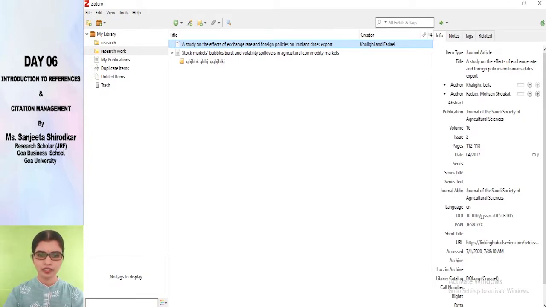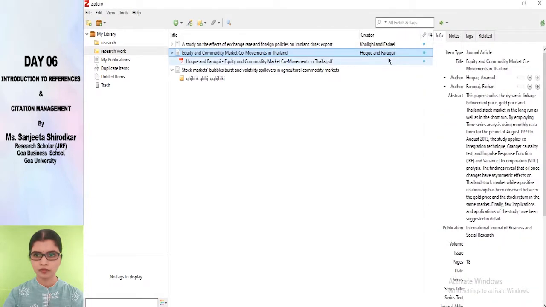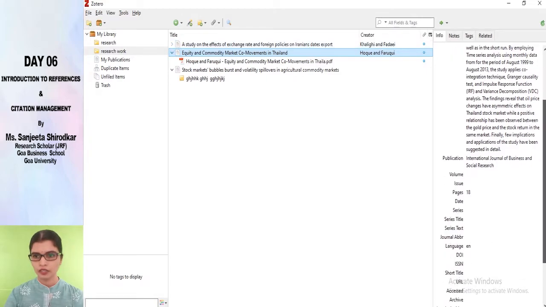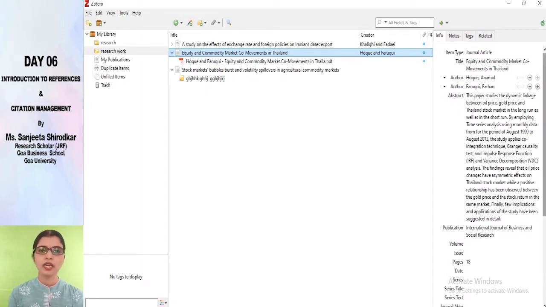Now another way is drag and drop, as we did in Mendeley also. What you could do is take an article and drop it here. See, all the data regarding the article has appeared. So that is drag and drop.